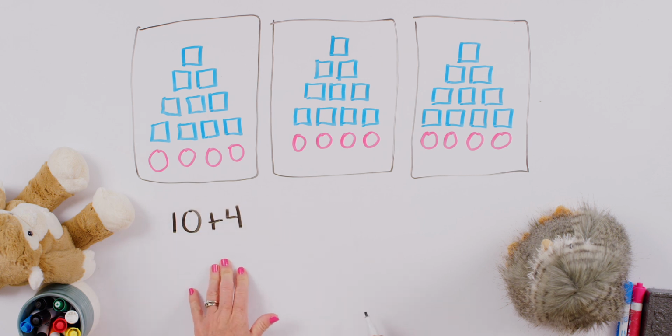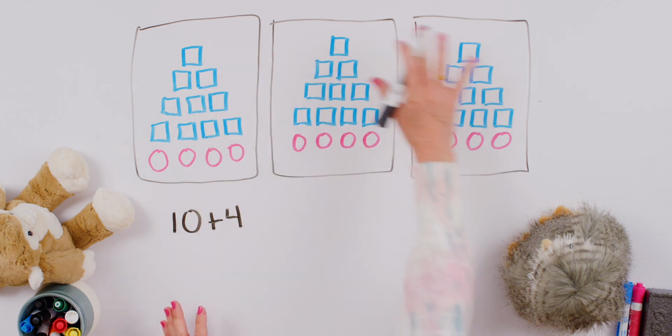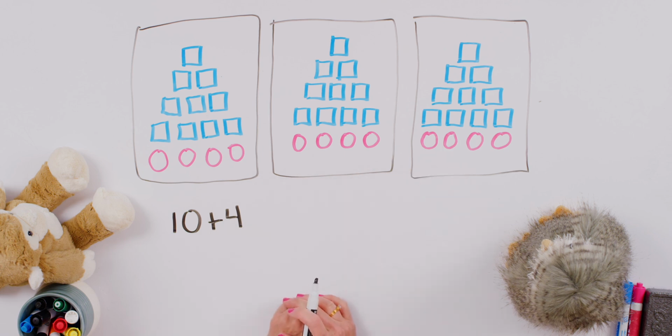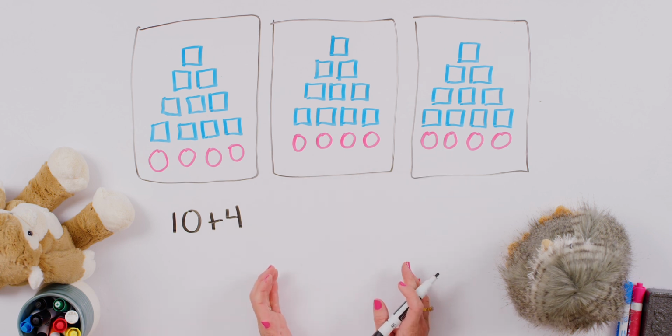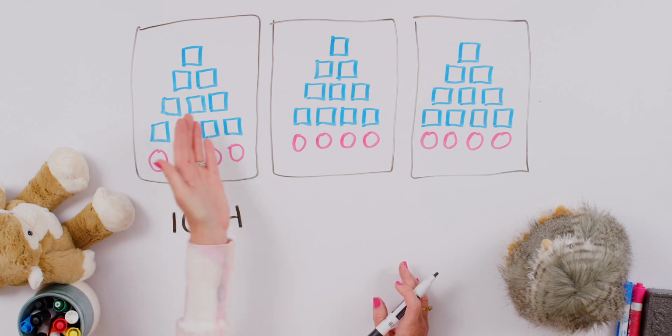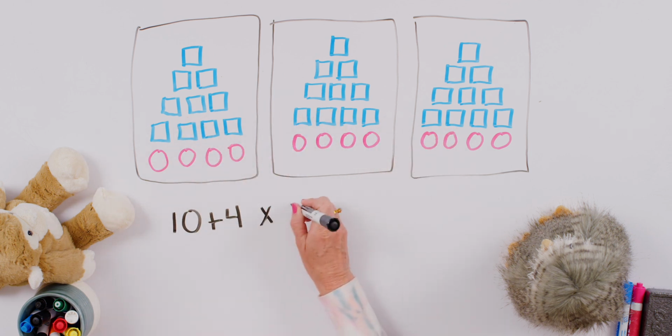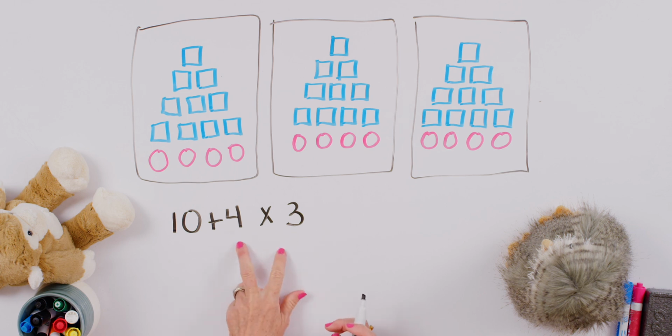Now if we're using the mixed operations to talk about what we have, how many pages do you see that have the same number of stamps on them? That's right, there are 3. 1, 2, 3. So could we say times 3 and have that work out? Well, let's think about that. If we follow our rule,